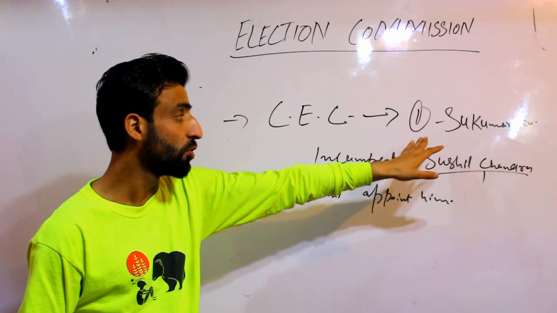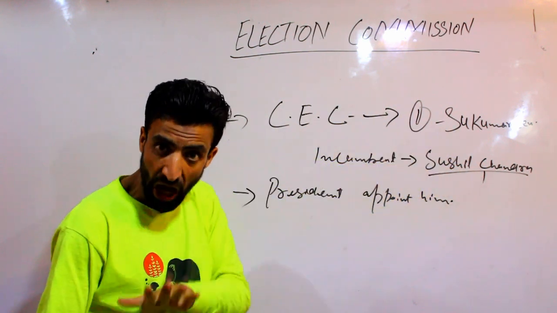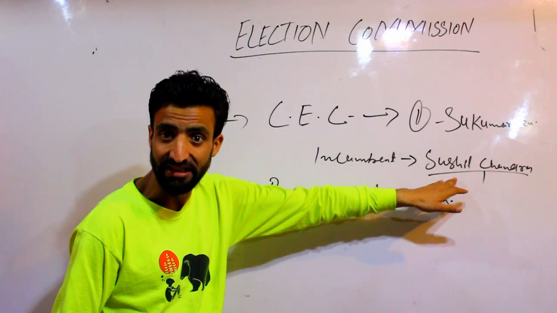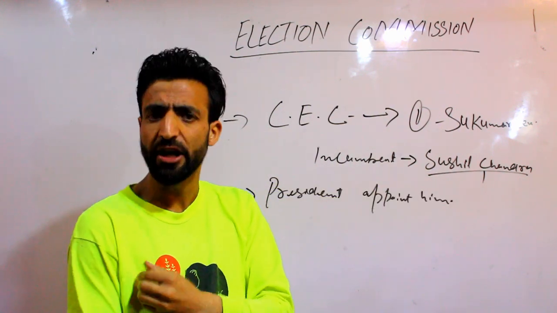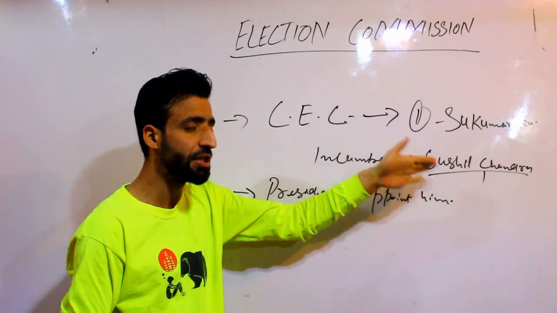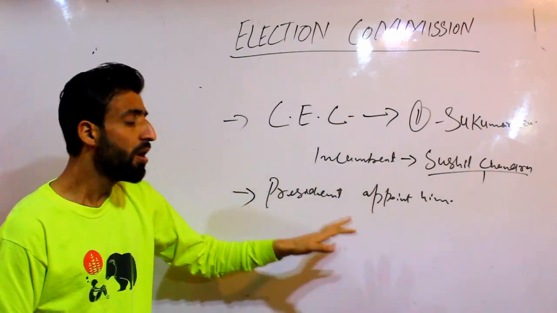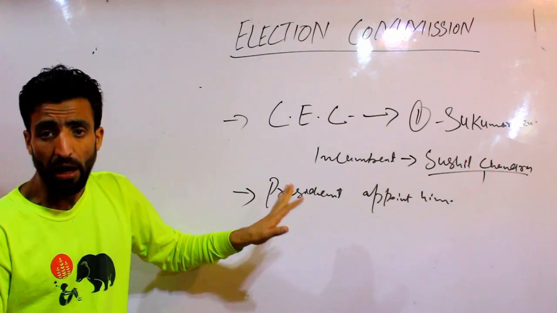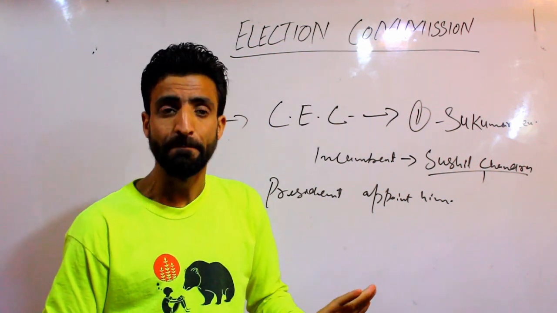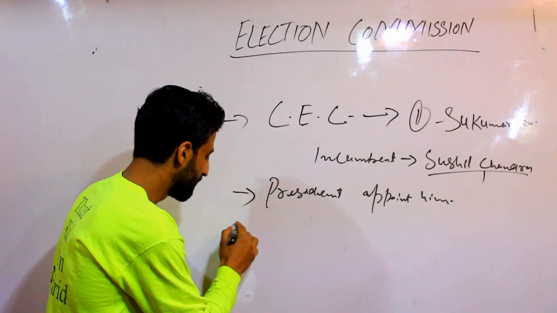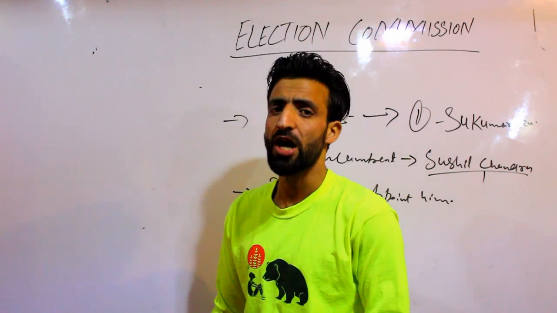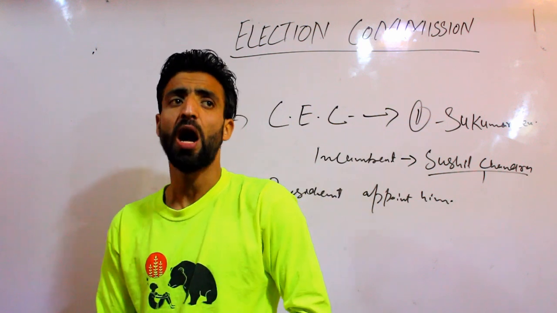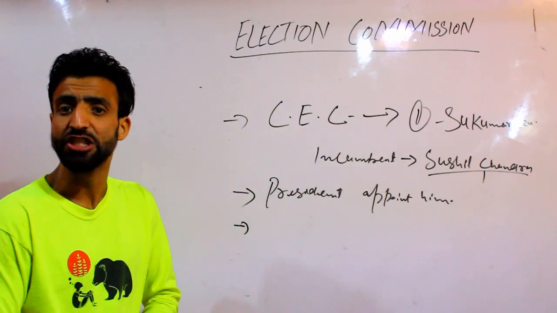तो पहला Chief Election Commissioner कौन था इंडिया का? सुकुमार सेन। और आज का कौन है? Presently it is सुशील चंद्रा। ये बेसिकली मेनली IAS ऑफिसर्स होते हैं या इंडियन रेवेन्यू ऑफिसर्स होते हैं, इन्हीं को ये पोस्ट दिए जाते हैं। तो इनको प्रेसिडेंट अपॉइंट करता है, ठीक है। तो इसके बाद इनका जो टेन्योर होता है, मतलब how long they can serve as Chief Election Commissioner,